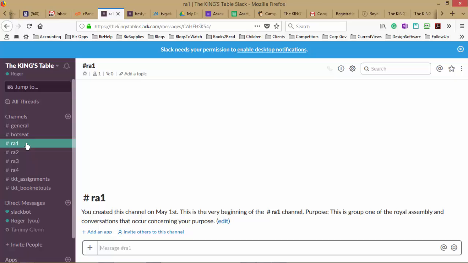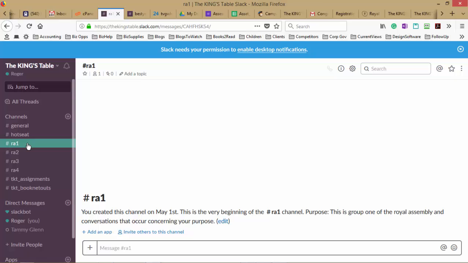That ensures that each group will have the opportunity to communicate twice a month with each other, and that's where you're going to have the opportunity to lead the group. Each one of you will lead the group for 2 months at a time.